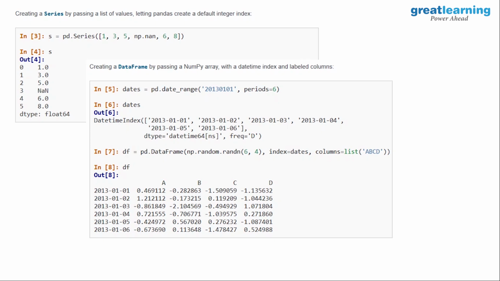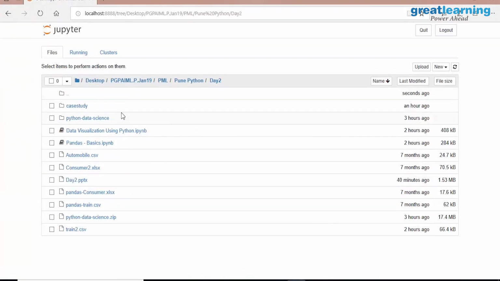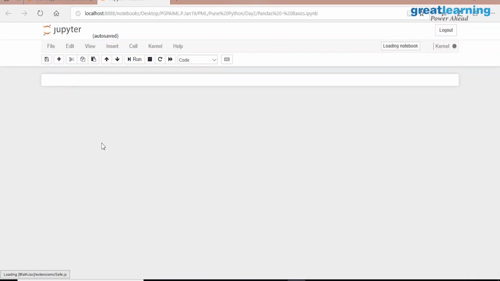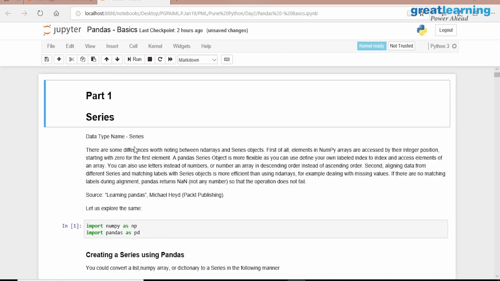Once you understand this, we will go through all the different values that we have. They would have updated your day 2 material today. So there is a day 2 folder, and in that let's open Python pandas basics. No, you need not open it now. First let's go through it, and then we'll have an exercise where you complete the remaining part of yesterday's exercise, and I have given one more exercise in it, the NumPy exercise also, the day 1. Okay, we'll see this.